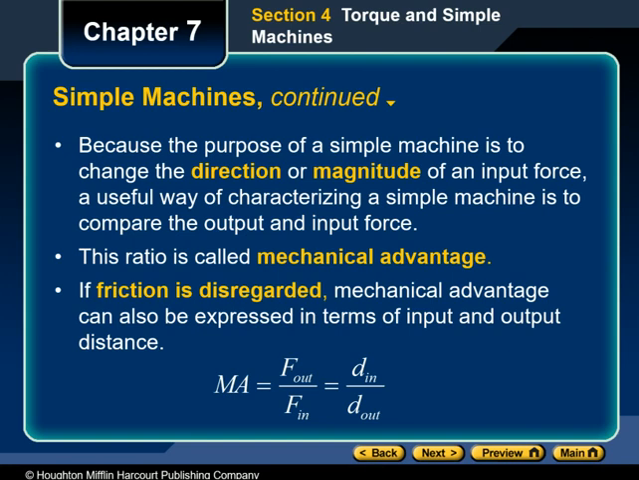Also, input force multiplied by perpendicular distance in is equal to output force multiplied by perpendicular distance out. Knowing our definition of mechanical advantage, substituting this expression into the definition of mechanical advantage gives us the following result. Mechanical advantage is equal to F sub out over F sub in, but also equal to perpendicular distance in divided